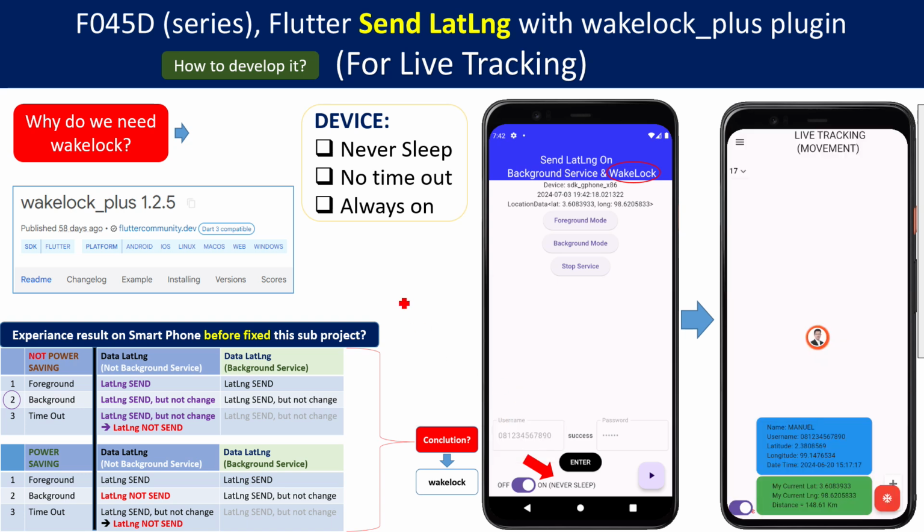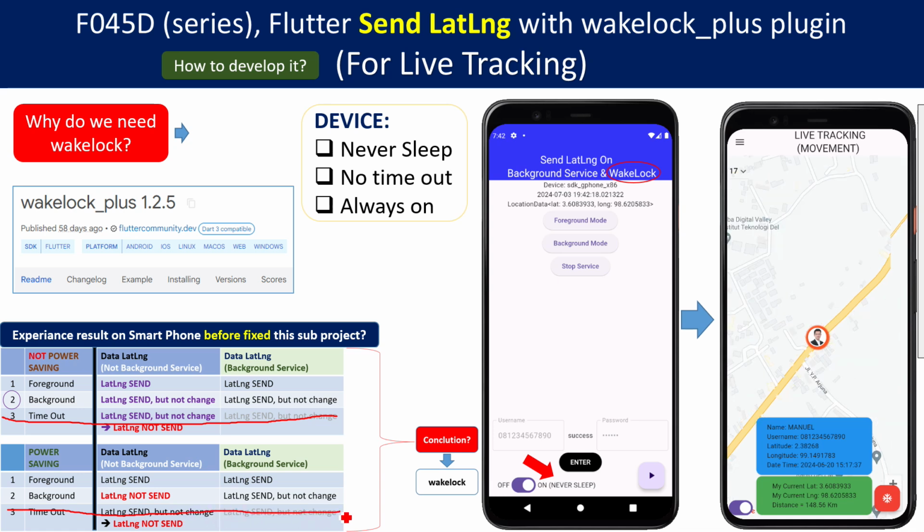Okay, if we use this plugin, there is no timeout. So this number 3, there is no timeout, and also this one, there is no timeout.